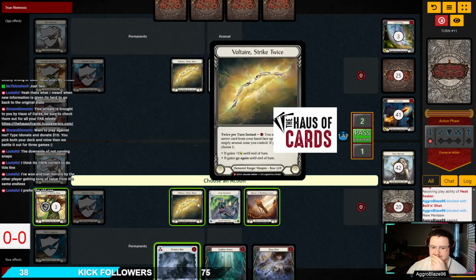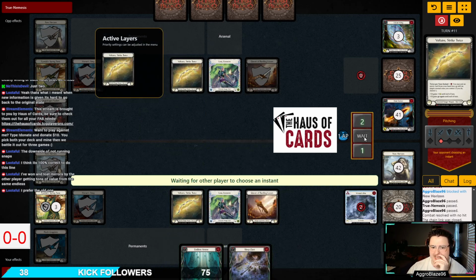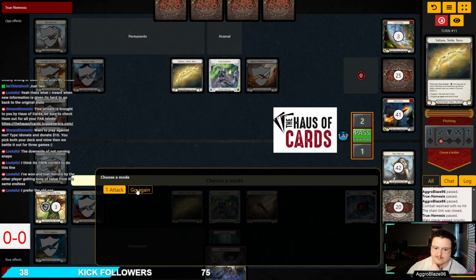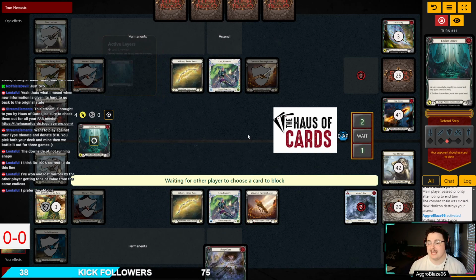Like, I think that wins us the game, honestly. Yeah, I think that's going to win us the game. So what I'm going to do is load Endless Arrow with Go Again and see what they do here. They have to give us... I mean, they can only give us 1 card if they want, but...